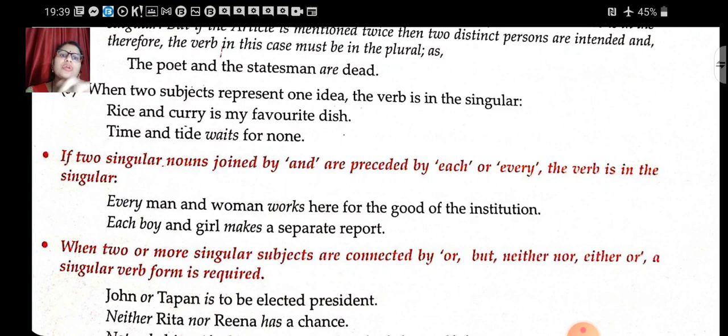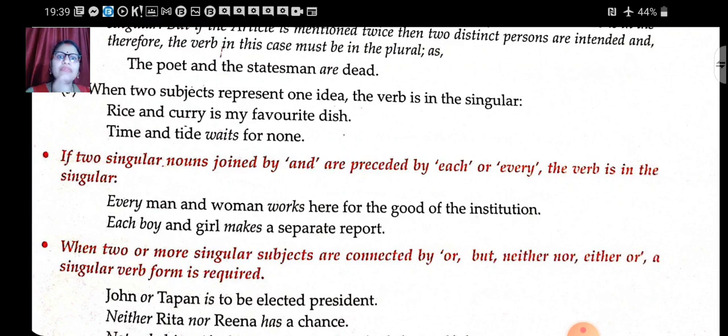For example, John or. Now remember, the word or is there. You must have attended question papers in your exam papers. There are two questions given to you, whether you are supposed to do one or two. If there is or between them, it means you can choose. There is a selection given to you. But if there is and, then you are bound to do both. Hope it is understood.